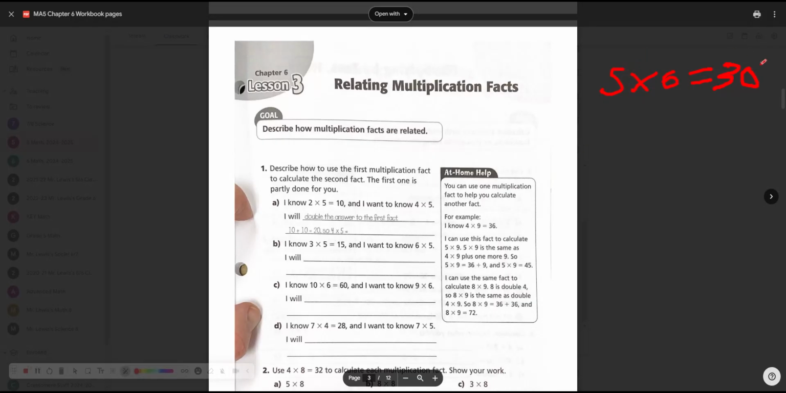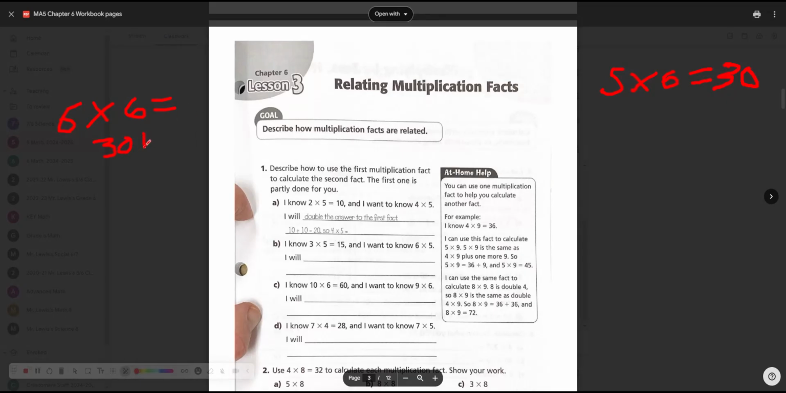So if I know that 5 times 6 is 30, I can use this to help me figure out the product of other multiplication sentences. So let's say I had 6 times 6. All right. Well, I know what 6 times 5 is. 6 times 5 is 30. And I know that 6 times 6 is really one more group of 6. Over here, I only had 5 groups of 6. But they want one more group. So 6 times 6 is really equal to 30